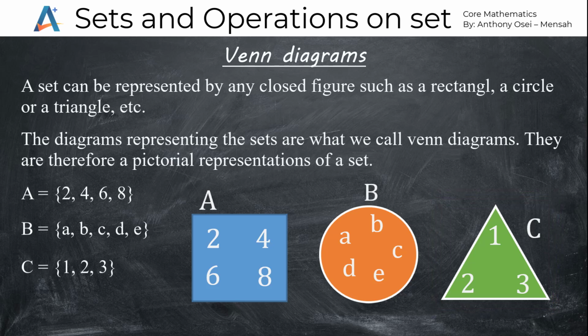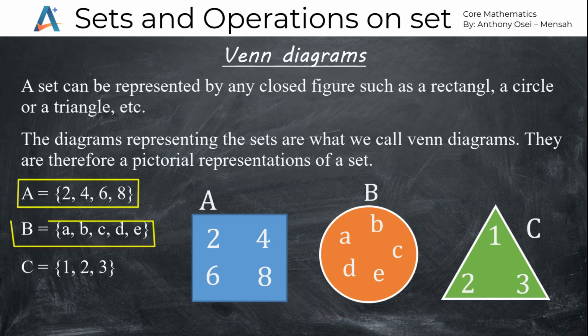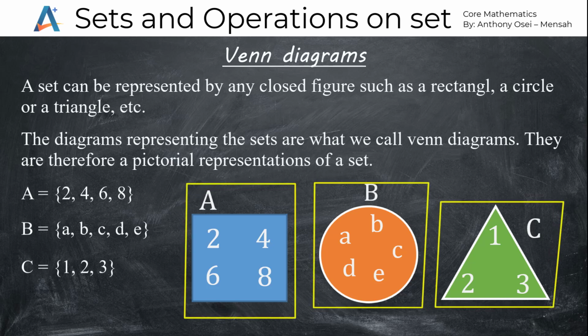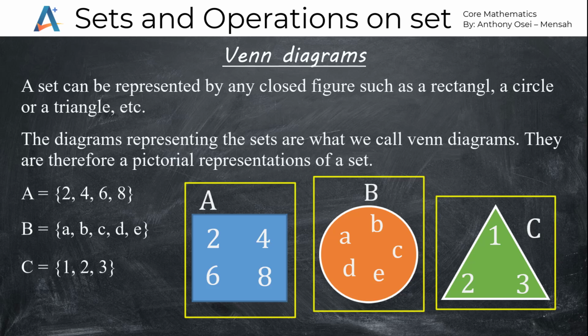Now all these are what we refer to as Venn diagram. So with Venn diagram, we can use any plane diagram or plane figure, or it could be any pictorial form of a figure to represent the Venn diagram. The Venn diagram also helps you to get a clear picture of the relationship between one set and another set. So if you check, you realize that we have given you the pictures and we have given you the sets. The sets have now been embedded in the pictures or represented in the pictures. So that shows you clearly that sets A, B, C are not the same, since they have different diagrams representing